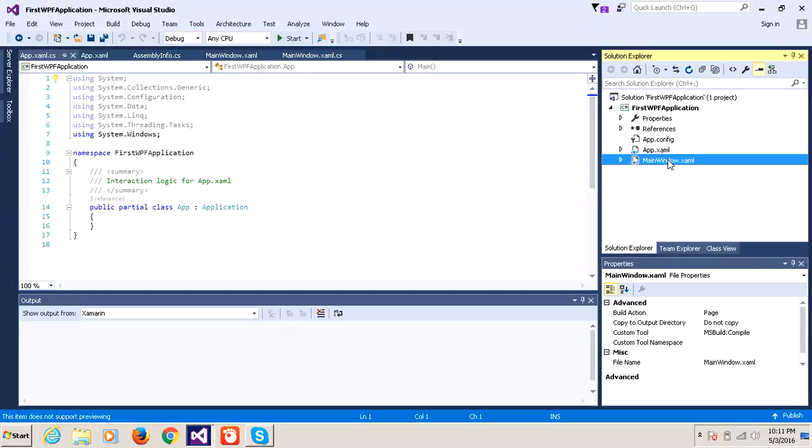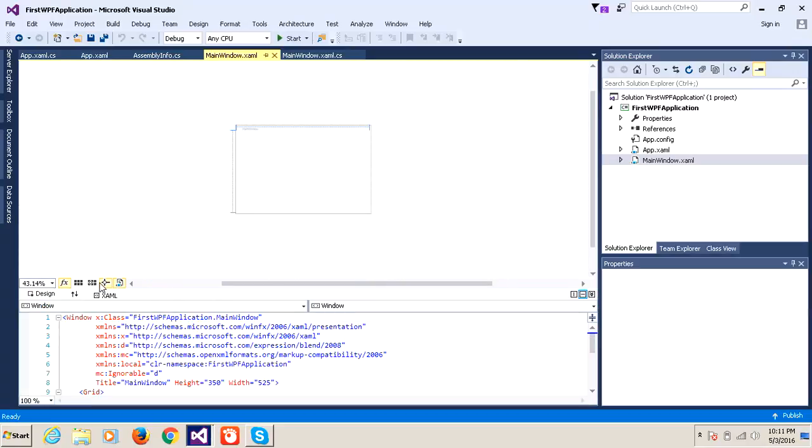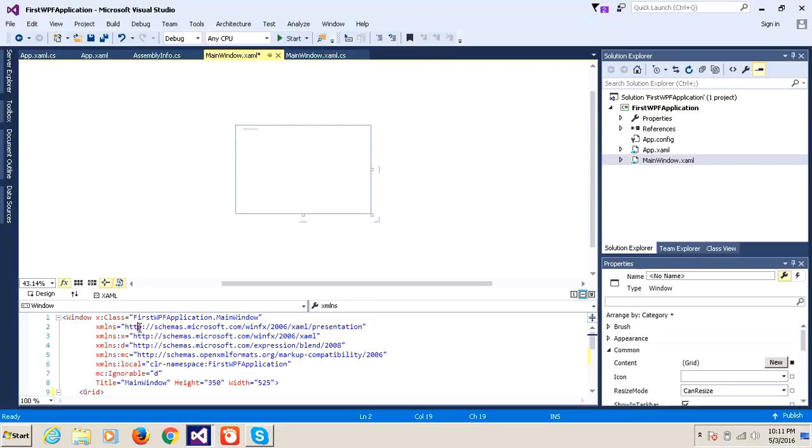Now I am clicking on MainWindow.xaml. When you click on MainWindow.xaml, you will see there are two views. One is the design view, that means this one, and another one is the XAML view. So we can work in either view. If you want to work in the XAML view, you can write the XAML code and it will reflect in the design view. If you want to work in the design mode, you can work in the design mode and that will reflect in the XAML view. For example, see here,